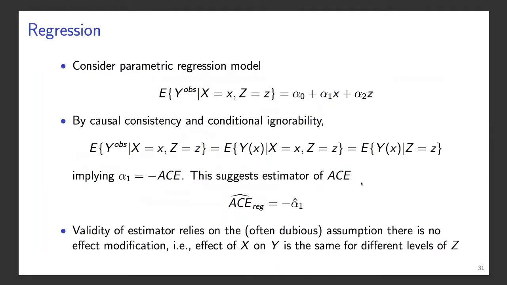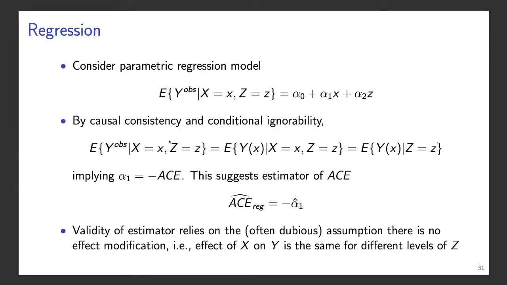All right, so how would causal inference work under this conditional ignorability assumption? Suppose now that you fit a parametric regression model, but because this is an observational study and you're worried about confounding, you're going to condition or adjust on not just the treatment, but the covariate Z as well. So maybe you fit a regression model. Here I've written down a model that doesn't have any interaction terms.